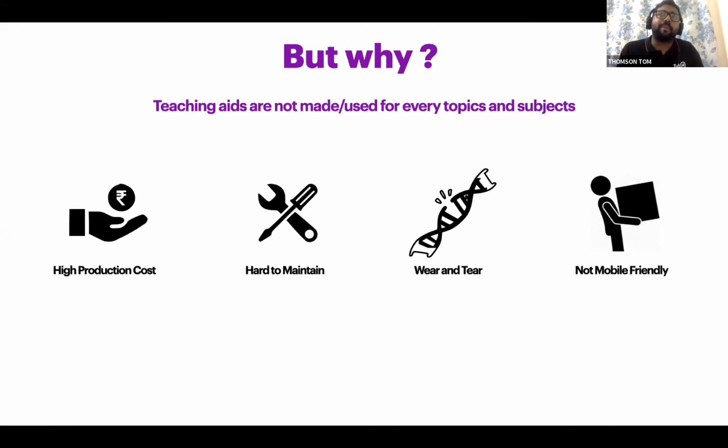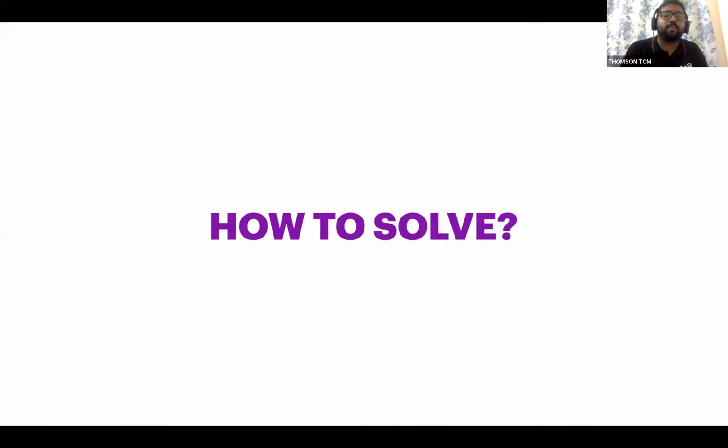Let me take you to another example. So what can be done? How to solve it? You know the encyclopedia, right? An A to Z encyclopedia takes up a huge space. But the kind of information we can get from an encyclopedia is very huge, right? So in the 90s or 2000s, people went to the encyclopedia to get information about certain things.